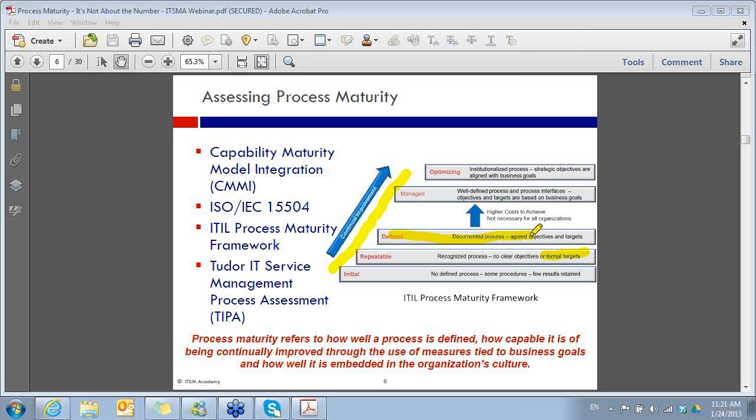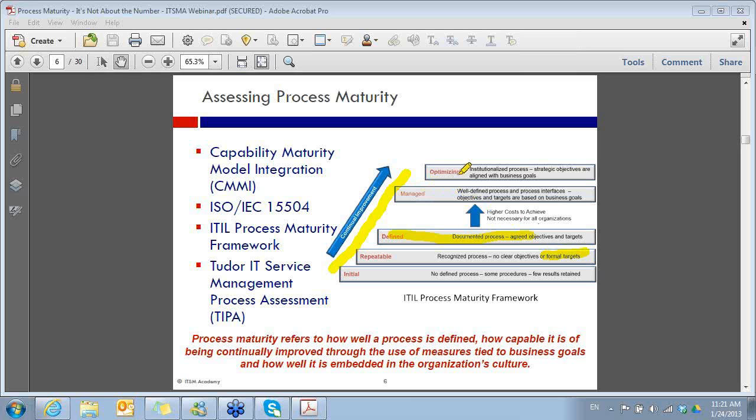For a while. Not every process, and the whole point of talking about maturity, and one of the things I want to focus on, is that the expectation is not that you're someday going to get every single process to this highest level, level 5 maturity. It will cost you a fortune to try to do that.